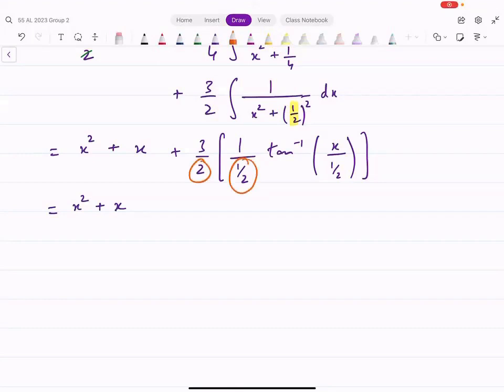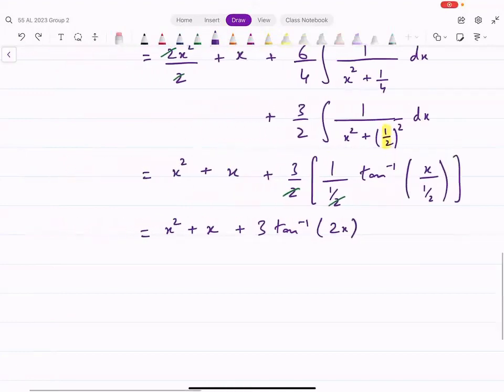They can get cancelled out. So this 2 and this 1 over 2 they get cancelled। Is that okay? ये तो नीचे 2 है, इसको ऊपर लेके जा सकता हूँ। 1 over 2 जो denominator में है, I can take that to the numerator, and that gives me 3 tan inverse of 2x।